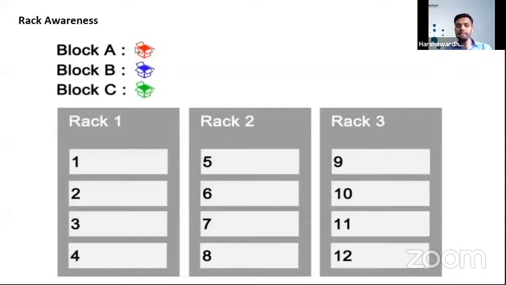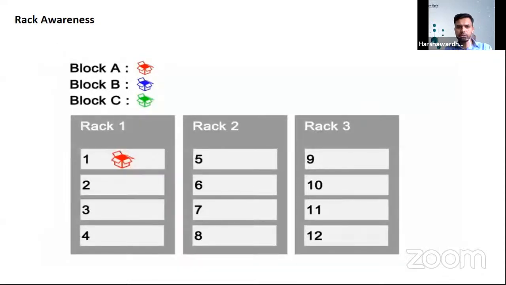Now let's see how it is going to store the data. Let's say the first block is stored on the first data node from rack 1, data node 1. Now, how many replicas should there be? We talked about replication. The standard replication factor in Hadoop is 3. Remember this. Can we change this? Yes, you can change it. Can we make it 1? You can make it 1.